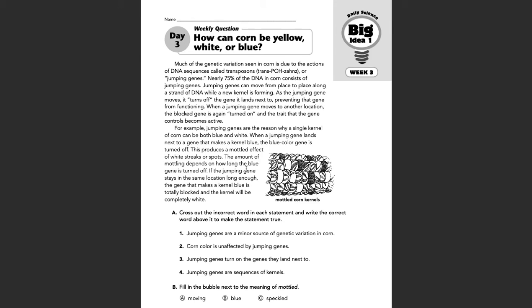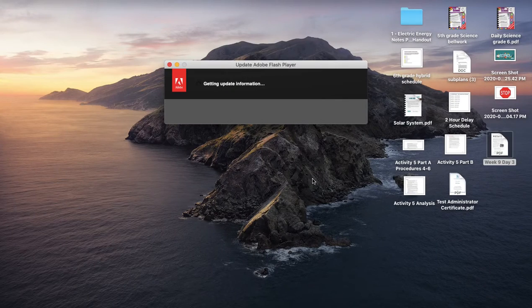So part A wants us to cross out the incorrect word in each statement and write the correct word above it to make the statement true. So number 1 says jumping genes are a minor source of genetic variation in corn. I would say we would cross out